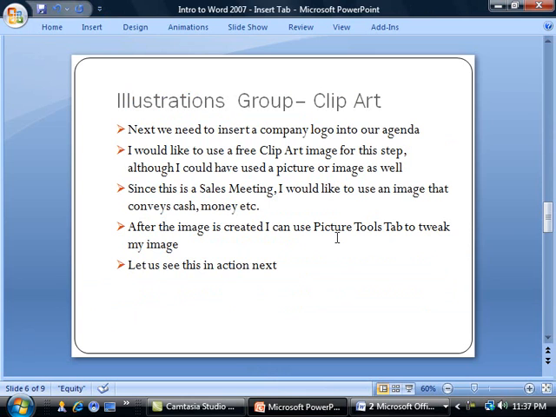So that was inserting a table. The next thing we are looking at is the clip art. Essentially what we need to do is insert a company logo into our meeting agenda document. I would like to use a free clip art image for this step, although I could have used a picture or an image as well. Since